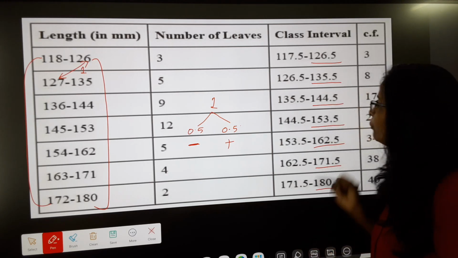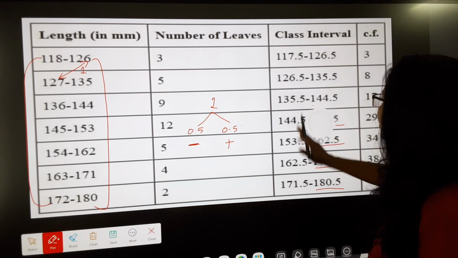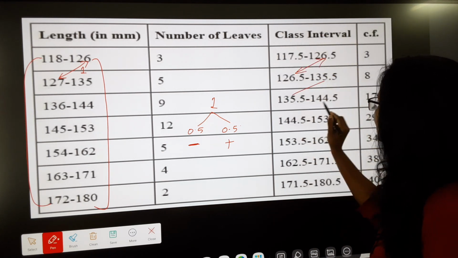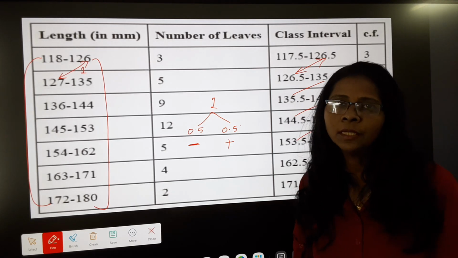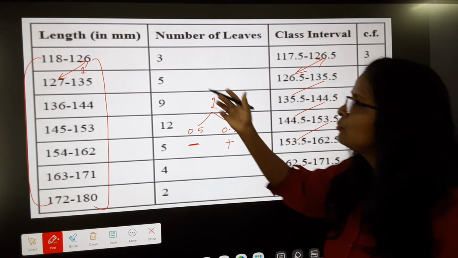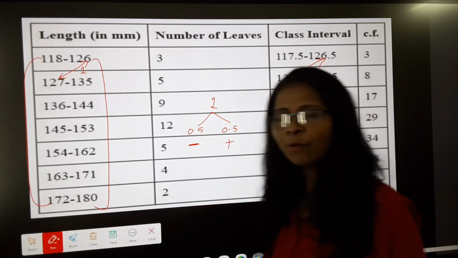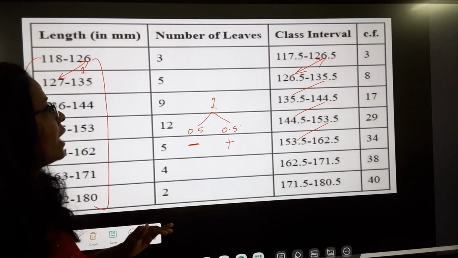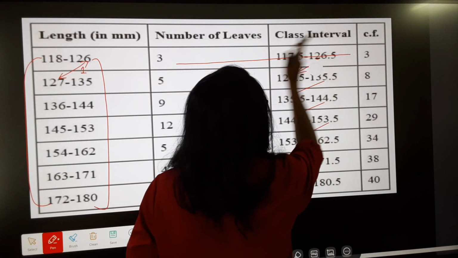In such a way, if you observe these class intervals, they become continuous. Now we are ready to find the median. But before that there is a process: the number of leaves, that means the frequencies, and we have to calculate the cumulative frequency. And how can we draw it? That is the less than type